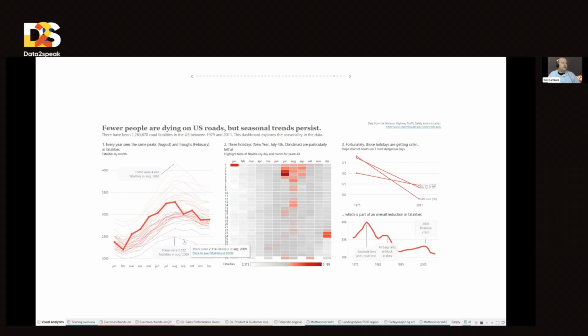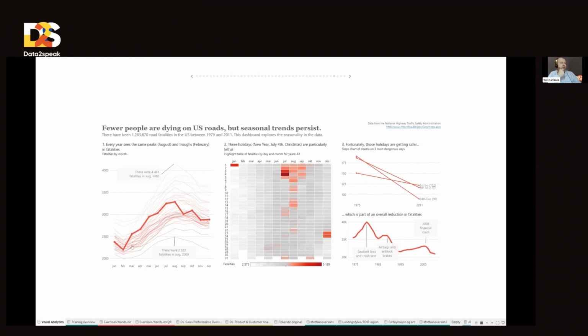So we see that in 2009, the fatalities were way less in general from January to December. In 1980, it was really bad. And this thick line, that's the average for all those years. If we would have just looked at the one all the way on the right-hand side, we see that it goes a bit up. Then it was seatbelt law, so it goes a bit down, goes a bit up and down again. But we can't really see, first of all, which months are the worst or which dates are the